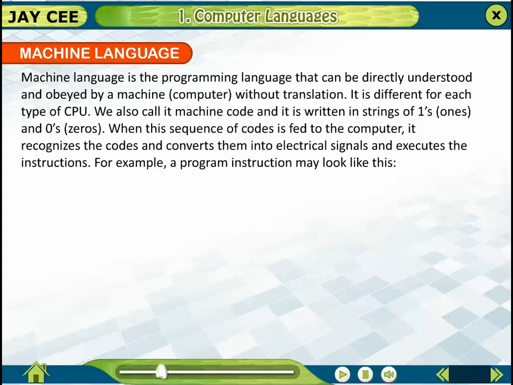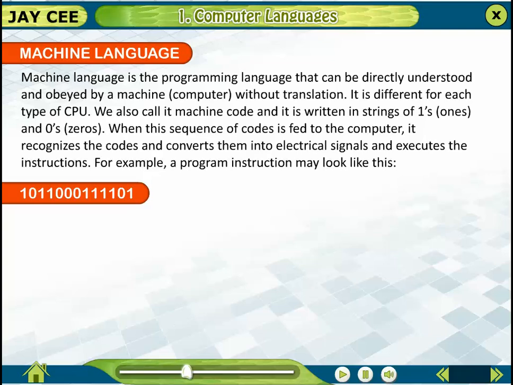When this sequence of codes is fed to the computer, it recognizes the codes and converts them into electrical signals and executes the instructions. For example, a program instruction may look like this: